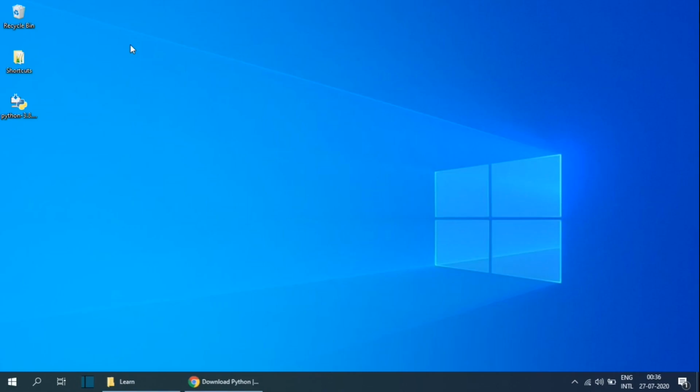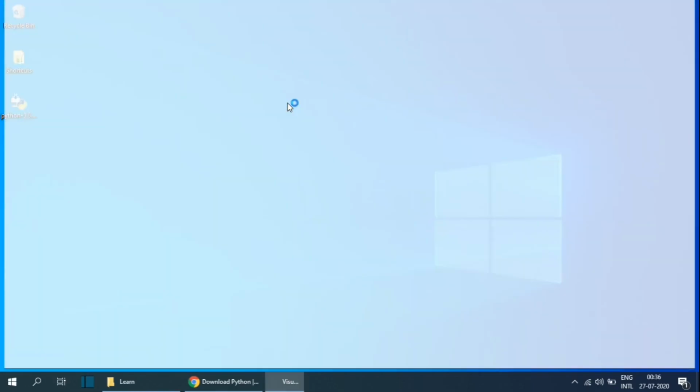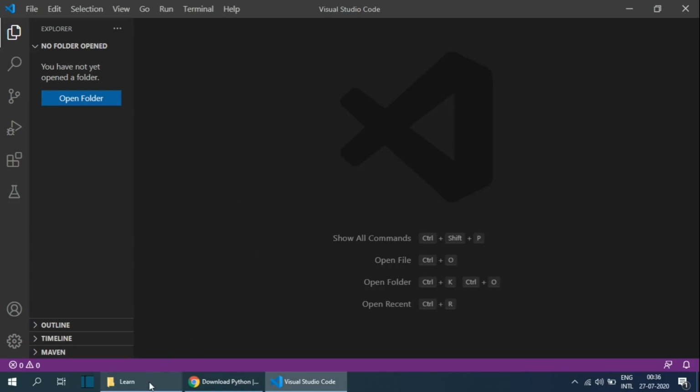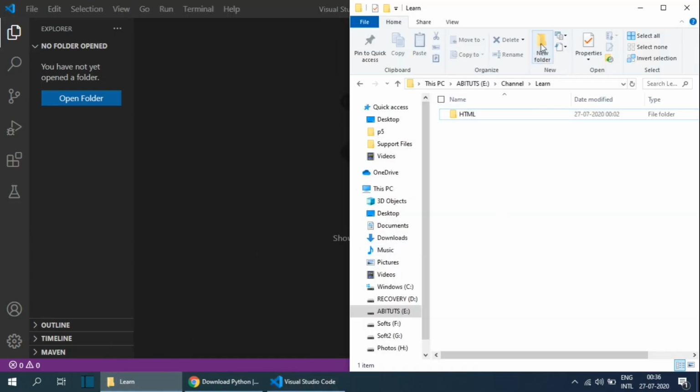Let's now see how to run Python from VS Code. Open VS Code. You can close the untitled1 file. Now create a new folder anywhere in your system. I am creating a folder called Python. Now I am going to drag and drop the folder to VS Code.